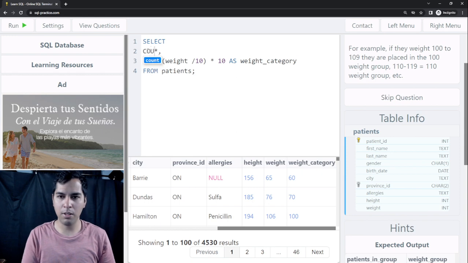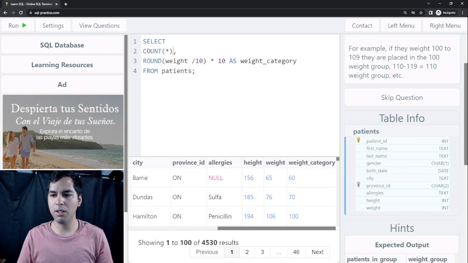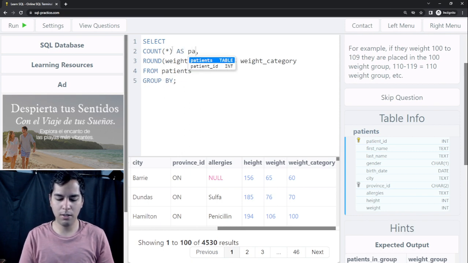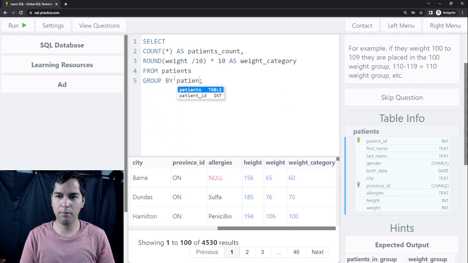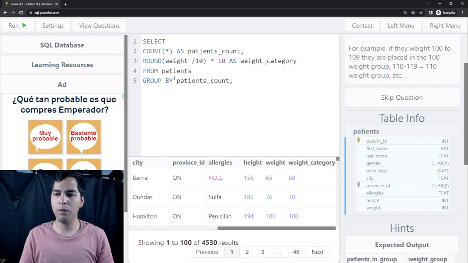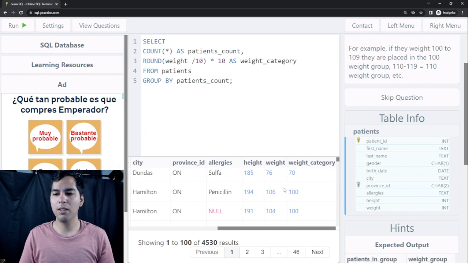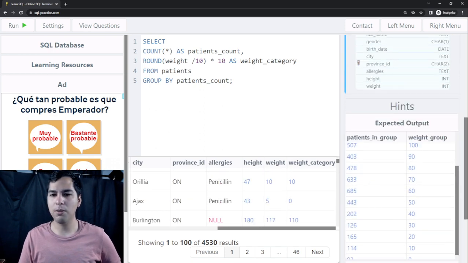And instead of selecting everything, we're just selecting the count of everything, and then we need to group by this. As you can see, the person with the weight 65 belongs to the 60 weight category. The patient with the weight 76 belongs to the weight category of 70, and so on. So if I run this,